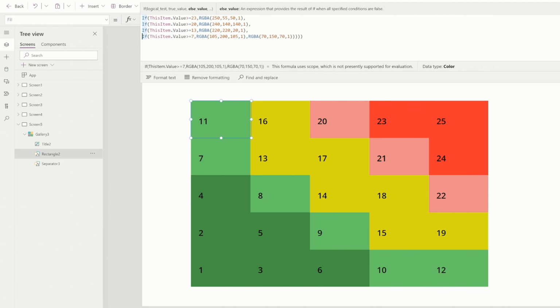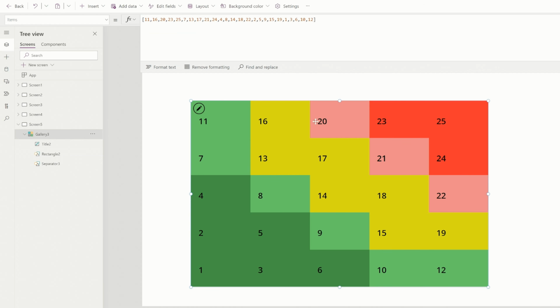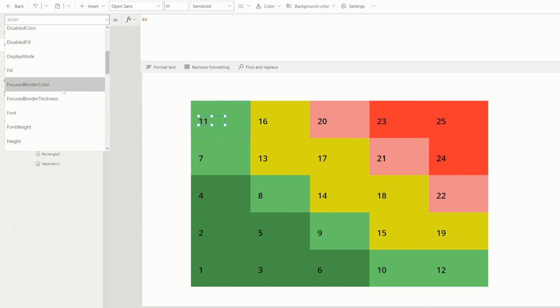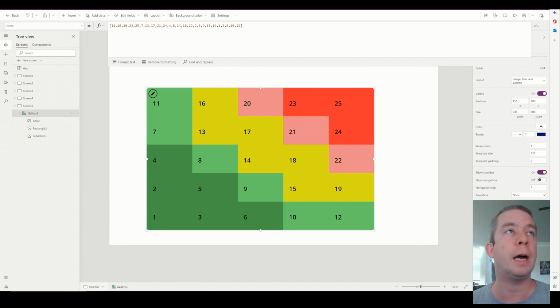And then finally we have if the value is greater than 7, it's going to be this light green. And then in the end, if it's none of that, then it's going to be this dark green. So this was the formula I used to color code my gallery. And that's totally based off just this value that I put in here. So if we go to the items,